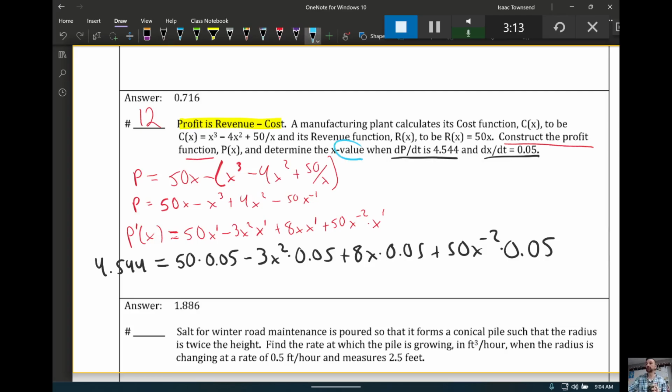So we are supposed to figure out, bless you, the x value, not the x prime, they told us x prime, but the x value that makes this true, when the rate of change of the profit is 4.544. Okay, so is that how far you got? Okay, so shortly,